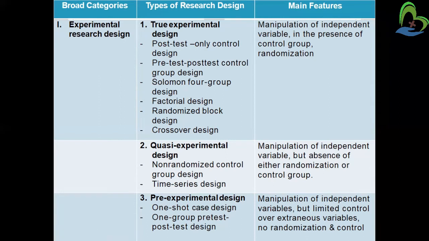Which is the control group? The control group is the group which is part of the study but might be kept aside without the intervention. So let us understand what manipulation is. It refers to the conscious control of independent variables by the researcher. Let's take an example: I am doing a study on ventilator-associated pneumonia patients who are admitted in the ICU.